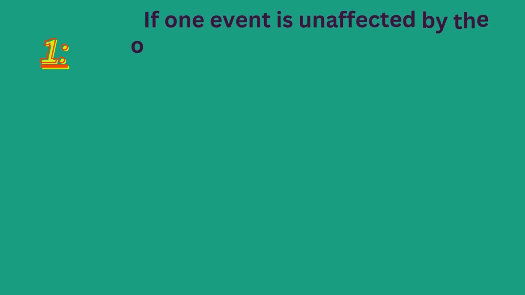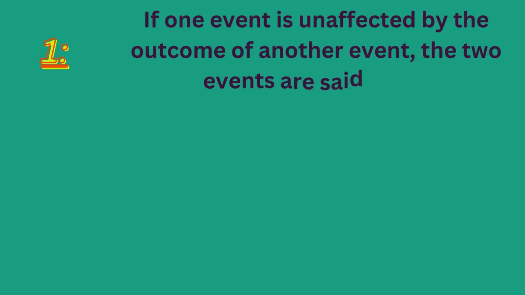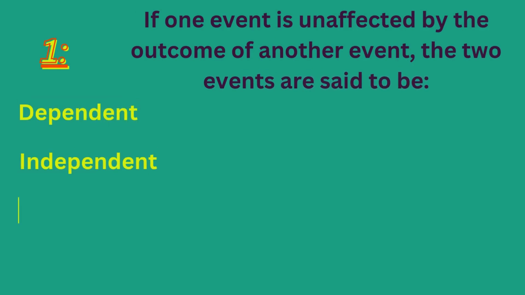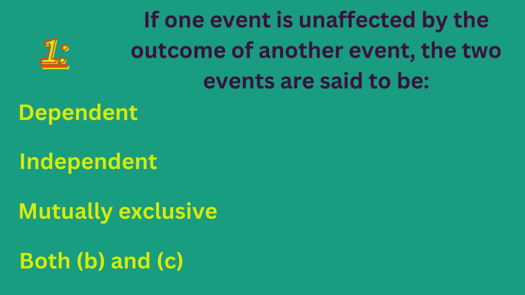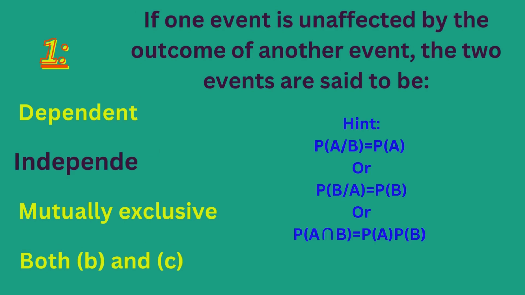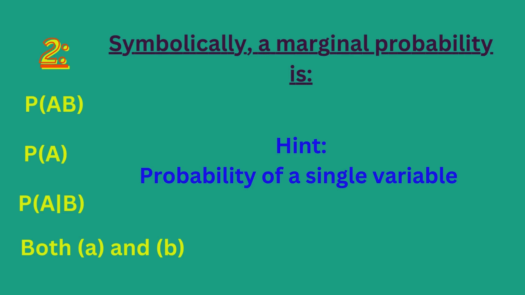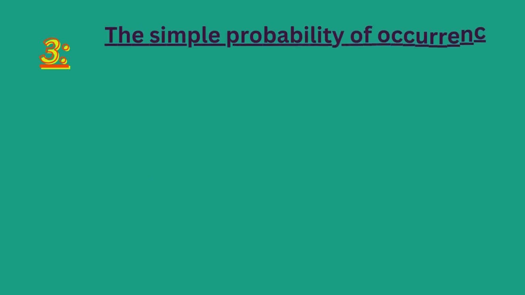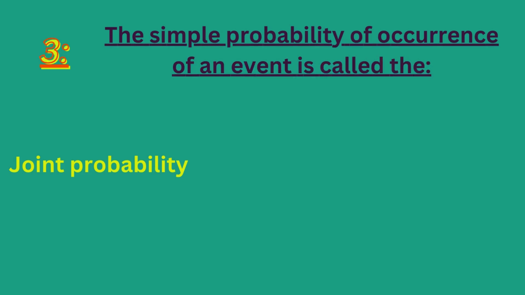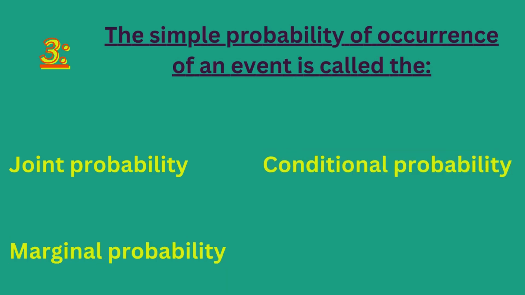If one event is unaffected by the outcome of another event, the two events are said to be dependent, independent, mutually exclusive, both B and C. The right answer is... Symbolically, a marginal probability is probability of AB, probability of A, probability of A given B, both A and B. The right answer is... The simple probability of occurrence of an event is called the joint probability, conditional probability, marginal probability, subjective probability. The right answer is